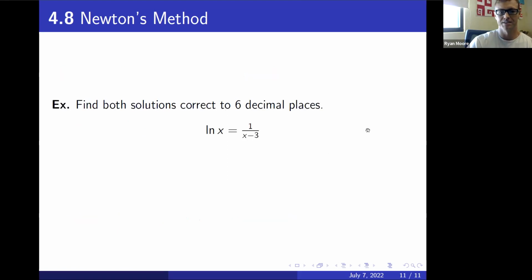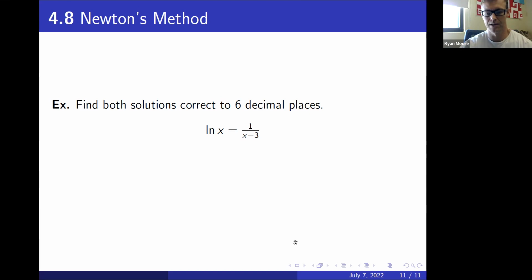Let's take a look at this. Find both solutions correct to 6 decimal places. The natural log of x equals 1 over x minus 3. So you might think, hey, if we wanted to find solutions here, couldn't we just solve for x, like isolate x? Good luck with that. Algebraically, we're not going to be able to isolate x in this situation, but we can use Newton's